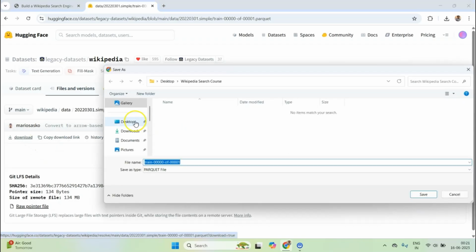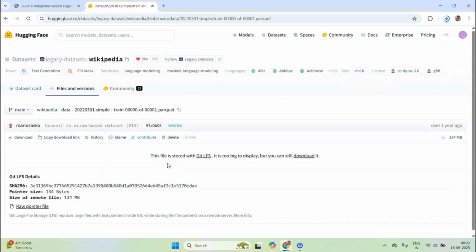And to download, where I'm going to download it, I've created this Wikipedia search course folder, where I'm going to store this as Wikipedia simple dump, and maybe write 200k to it. Okay, so once this is downloaded, essentially the idea is that once I have the articles downloaded, next I will be looking at how can I potentially pre-process these articles. Okay, so I'll see you in the next video.